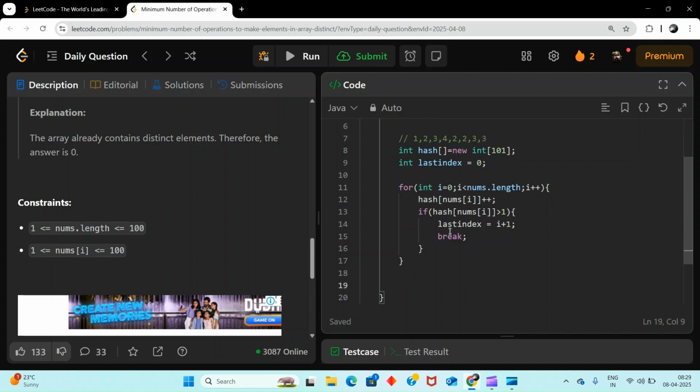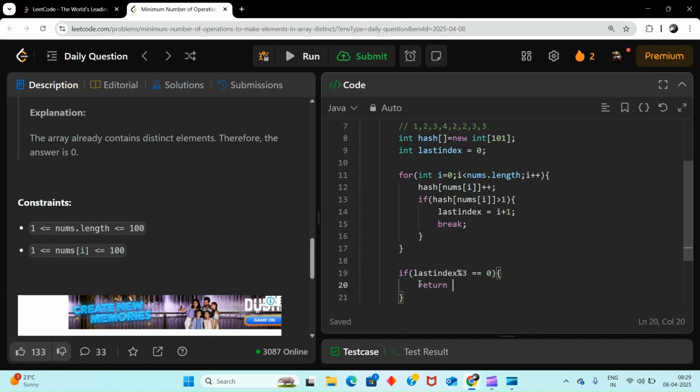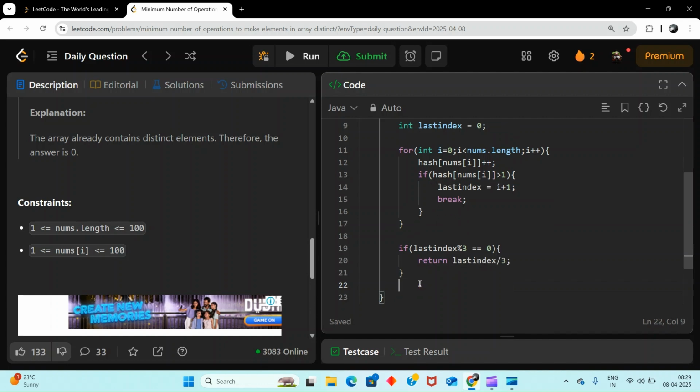Now after this loop, we have to check if this last index is divisible by 3, then we will just return last index divided by 3. Else we will return last index divided by 3 plus 1.